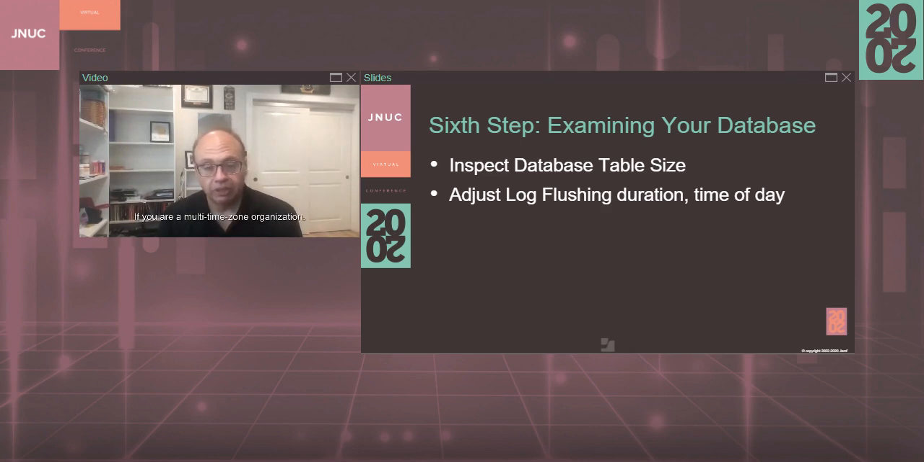If you are a multi-time zone organization, you might think that flushing those logs at 6 a.m. Pacific time is fine, but that's 9 a.m. Eastern time. And if you have people trying to provision devices or use self-service or do other things, and the Jamf Pro server is tied up,